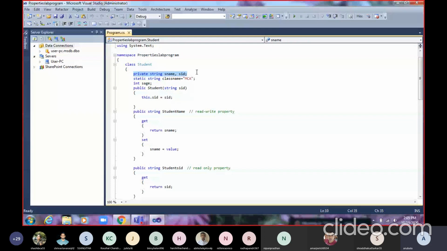And one static data member is there. The static type is string, class name is the name of the data member, having the value MC, because the static data member we will initialize. Then one more data member is there, age, meaning student age. Now different properties will be used to set and return the values.